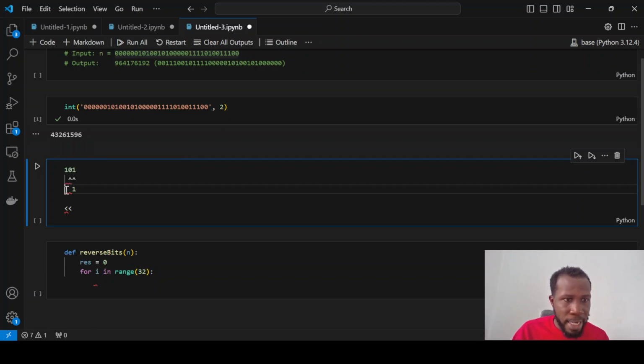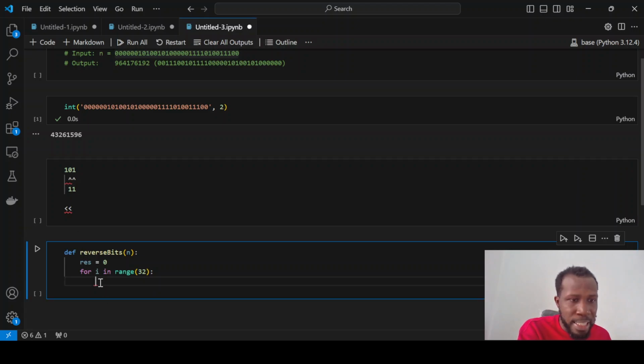If you have 1 here, for example, 1 and 0 will give you 0. So the output of this one will be 0, which means that there is no bit here. But if you also bring 1 here, 1 and 1 will give us 1. So the operator we are going to use here is the AND operator, and then we use this operator here